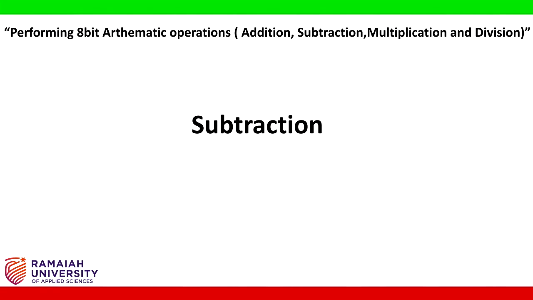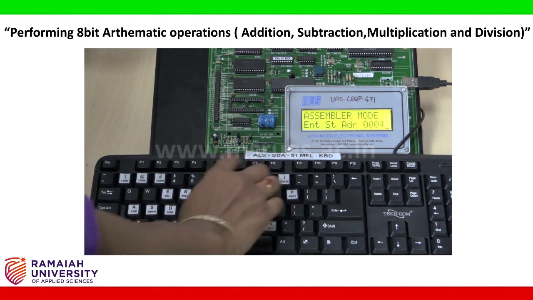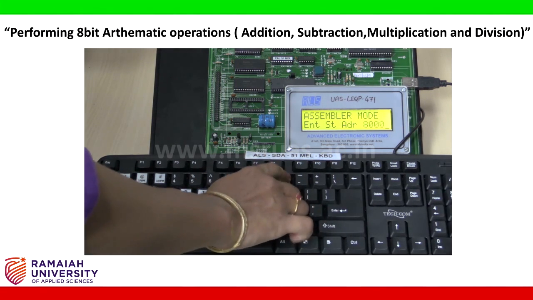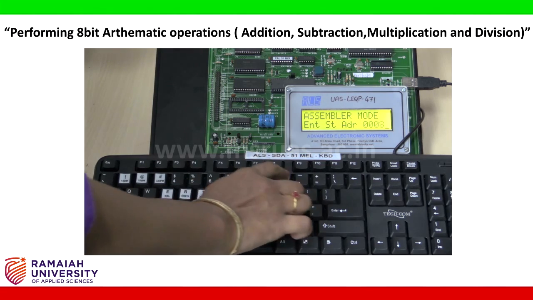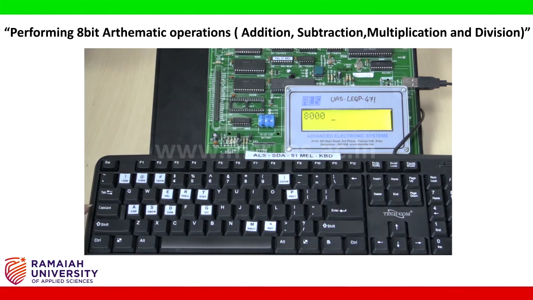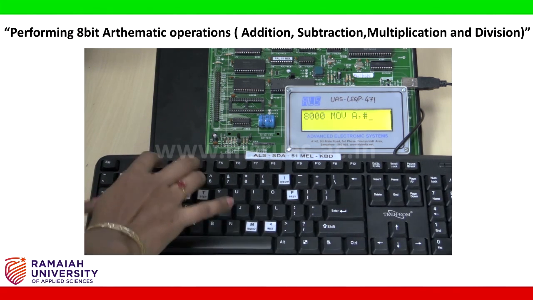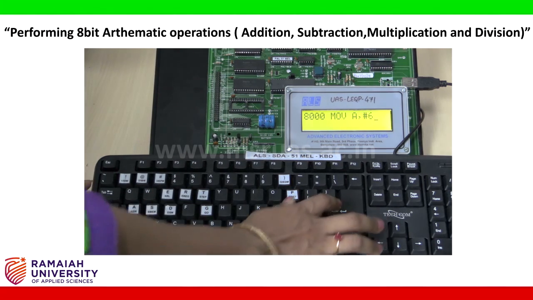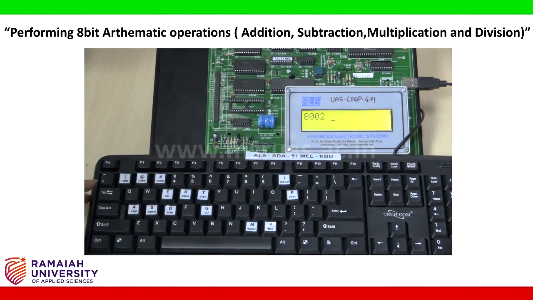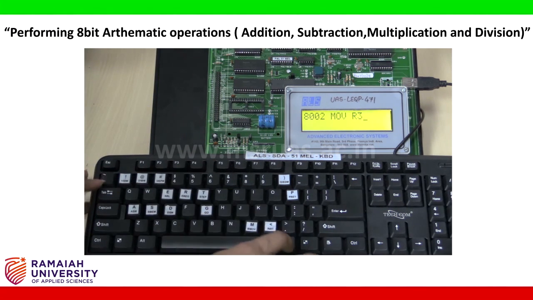Now let us start with the subtraction of two 8-bit numbers using the 8051 microcontroller kit. To start with, press A and give the memory location from which you need to start your program. So let us enter 8000. Now start typing your program. MOV A, #6. Enter, type enter twice, then MOV R3,